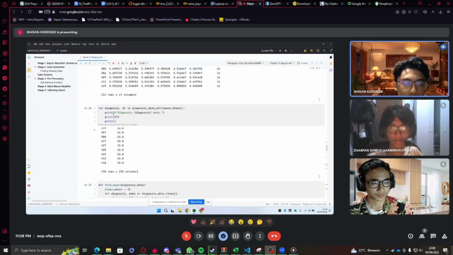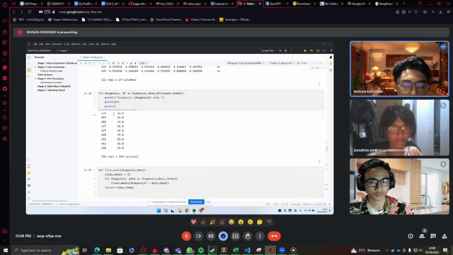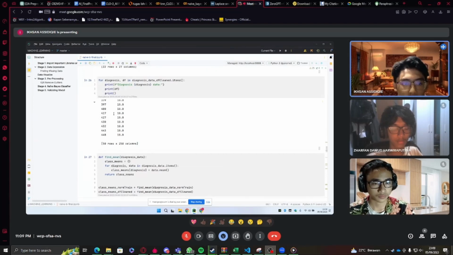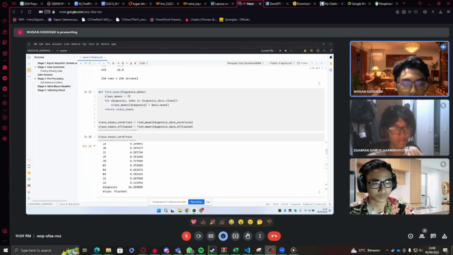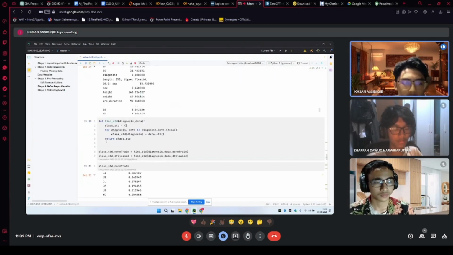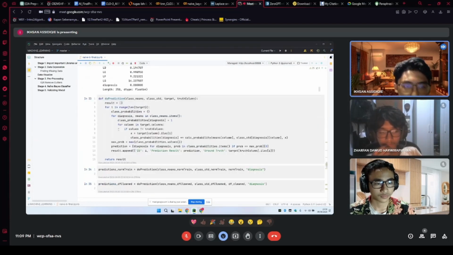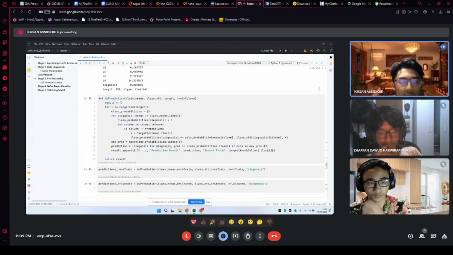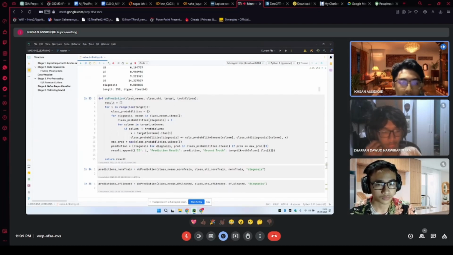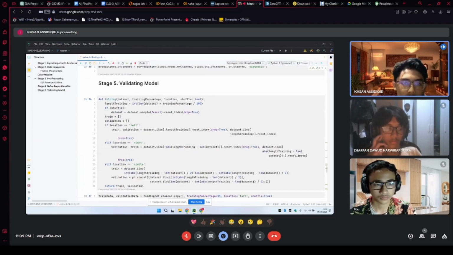And after that, I print several data points just for insight, and then create a find mean function, and after that a find standard deviation function. For line 33, I create a do predictions function with parameters: class means, class standard deviation, the target, and the truth column. Then validating the model, as stage 5, the last stage